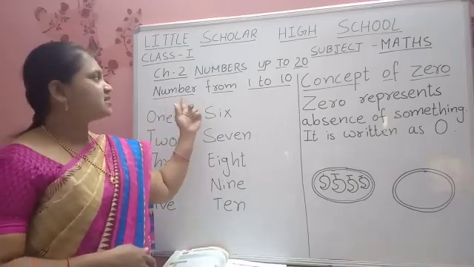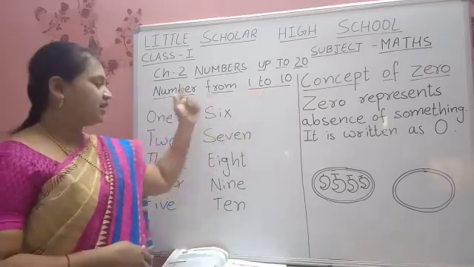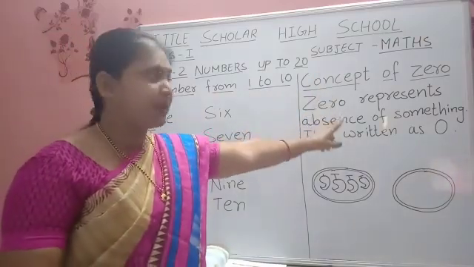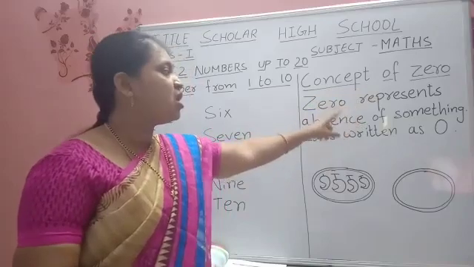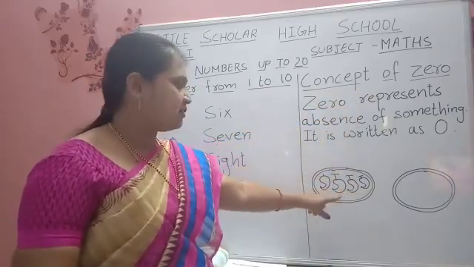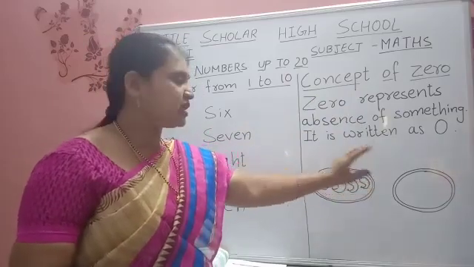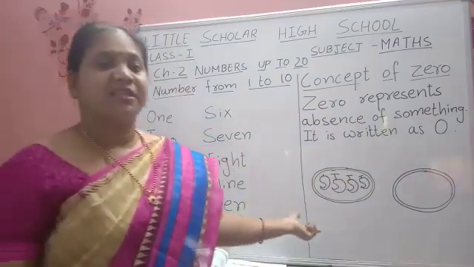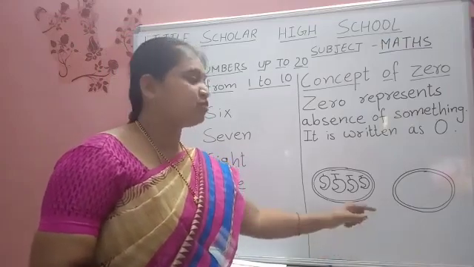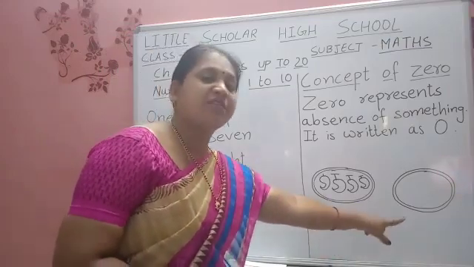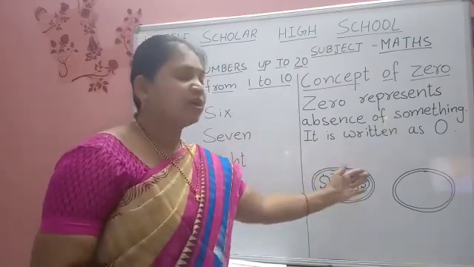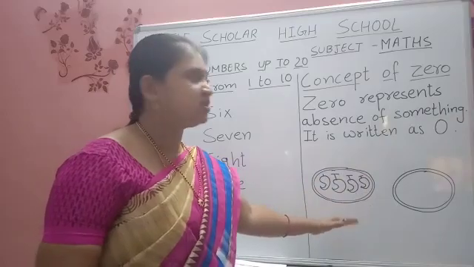So write these numbers 1 to 10 neatly on one paper. Then you will write this also, children. On the second paper you will write the concept of 0 and you will copy. Anything like this you can draw, children. In one plate we have 4, the other plate we don't have anything. One more example, you can draw a flower pot. In that flower pot you can draw 3 flowers. In the other flower pot, empty, that means 0. You can think and draw anything according to the concept.